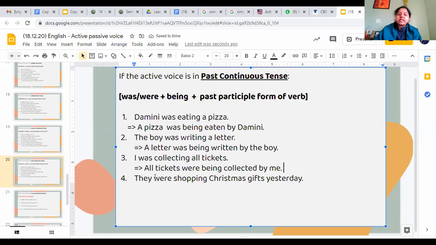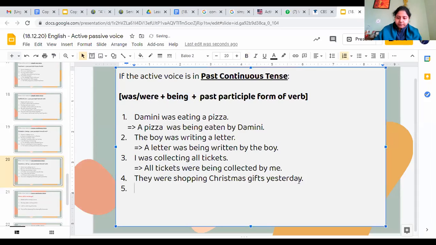See, now I can already see कि if the object is plural, then you are very well able to use was, were, is, are. That much you have been able to understand the difference. I can also see जो pronoun है उसको you are able to change. I का me भी बहुत अच्छे से किया है. Only thing you are missing out is ये was, were के बाद का जो part है उसमें थोड़ा confusion हो रहा है. So don't forget being. Past continuous में being लगेगा. And same for present continuous also, right? So all tickets were being collected by me. Great. And the last one, Ganesh, go on.